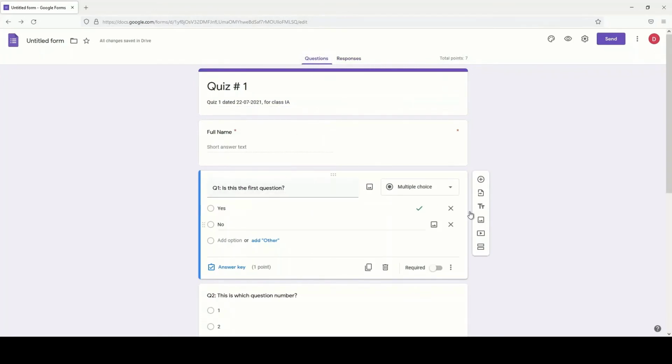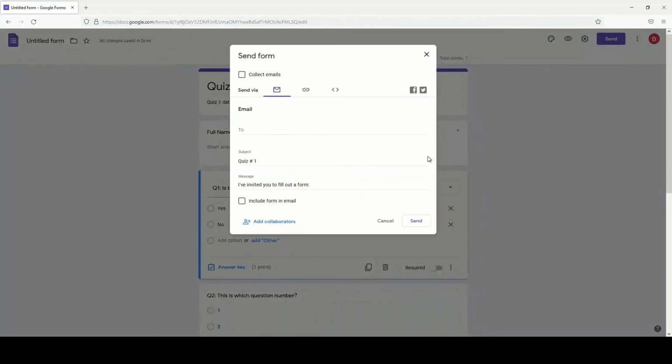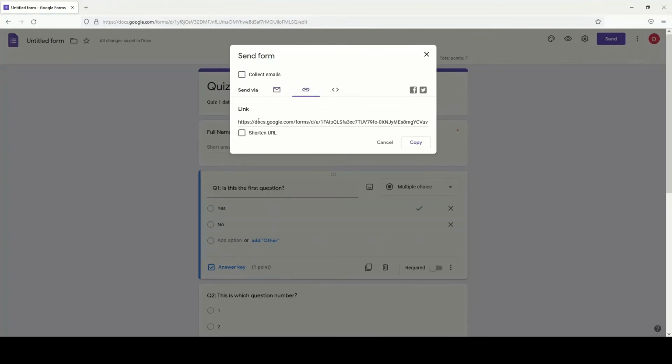We come back to the questions, and now we want to invite the students. I go to send, and there are 3 options. You can send him through email, you can send him through link, or you can embed it into your website using an HTML embedding. But we use it here for simplicity. We simply use it as a link,